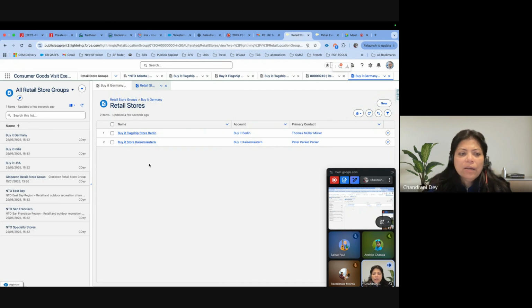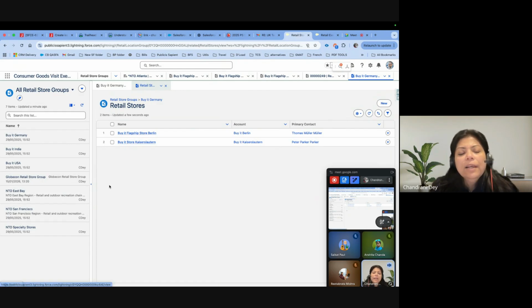This is something that you can look at. You have a retail store group where Buy It flagship is a child. Again, you have a lookup to the account with each child store. So the relationship is very important, because otherwise data that you capture in account is not going to flow down to store level, or whatever data you capture in store level, you need some of those data to flow up to the account, some to the group level. So those are not going to flow if the relationships are not configured properly. The relationships are already there, but you need to configure the data in that way, right?